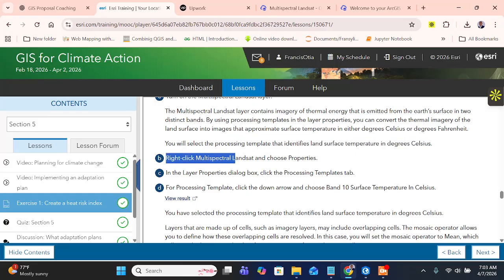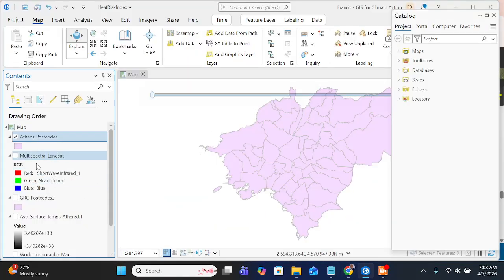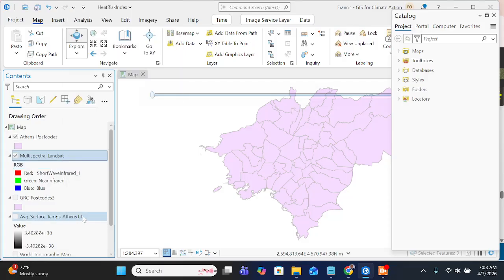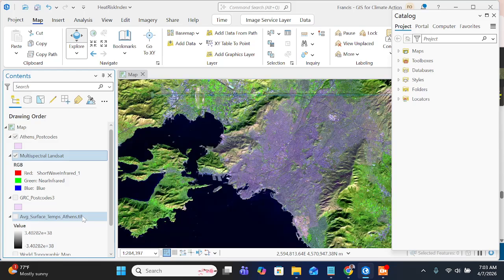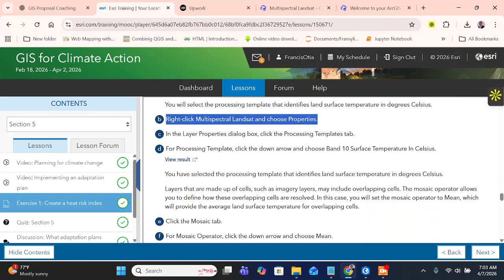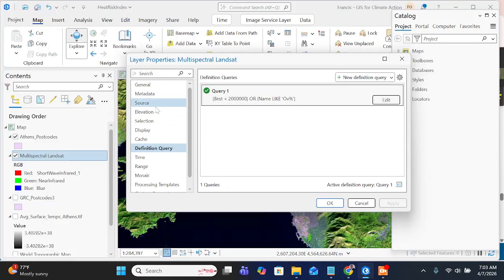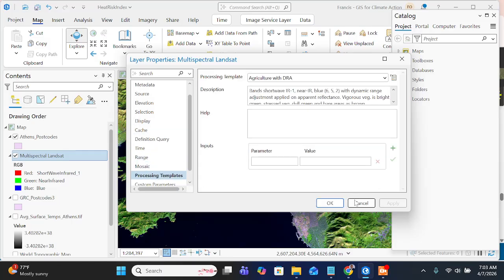So they said right click multispectral Landsat image and choose properties. So they said we should right click this. Okay, I've turned it on, and then right click and we'll go to properties. Okay, good. Now what else did they say we should do? In the layer properties dialog, click the processing template tab. Okay, so it said we should click on the processing template. Let's look at it here. We have clicked on it, and then